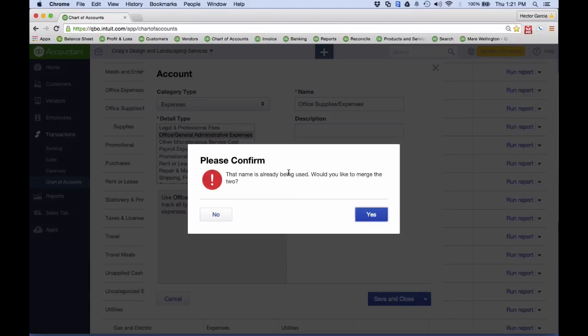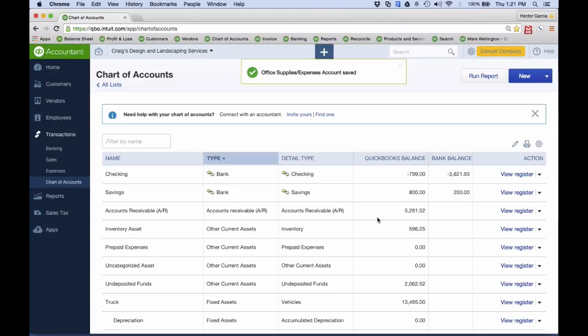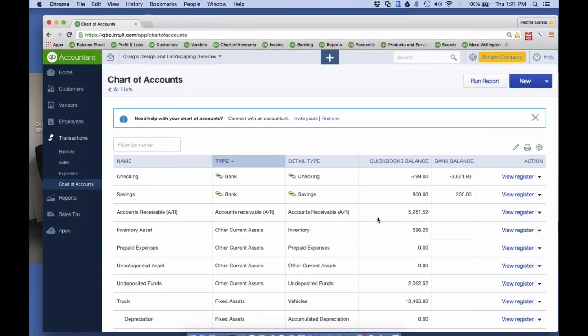Then I'm going to be asked, okay, because you have the same name, would you like to merge them? And I'm going to hit yes. And then that's the second option. So the reason why I wanted to make the case for making sub accounts instead of merging is because one